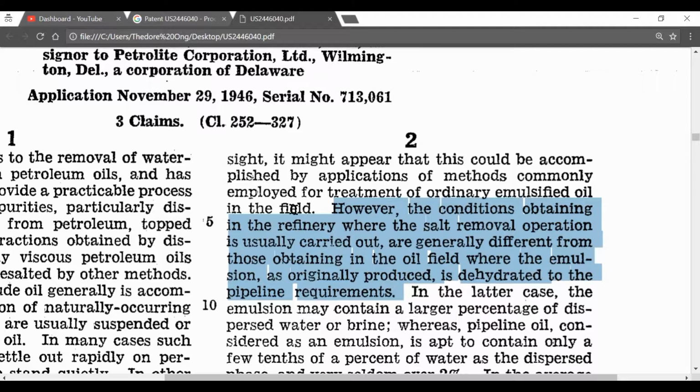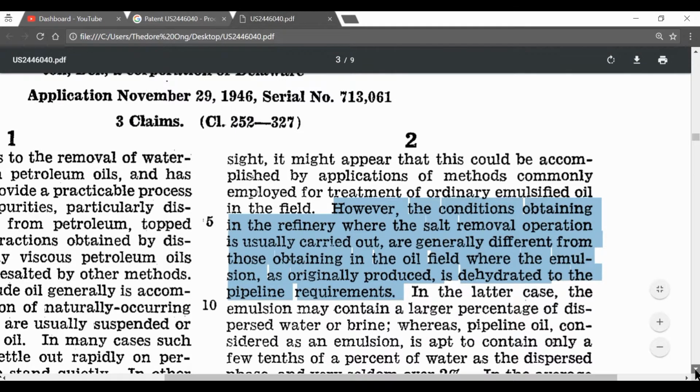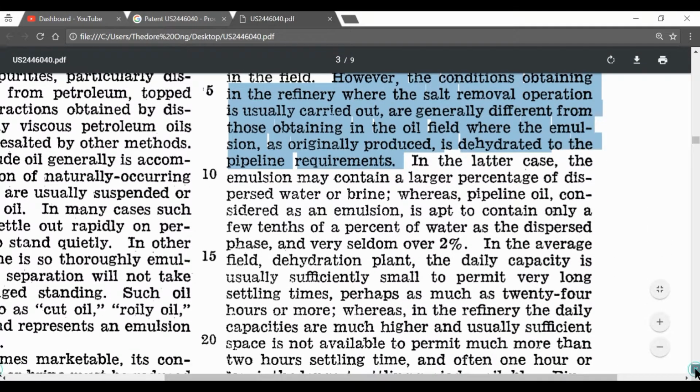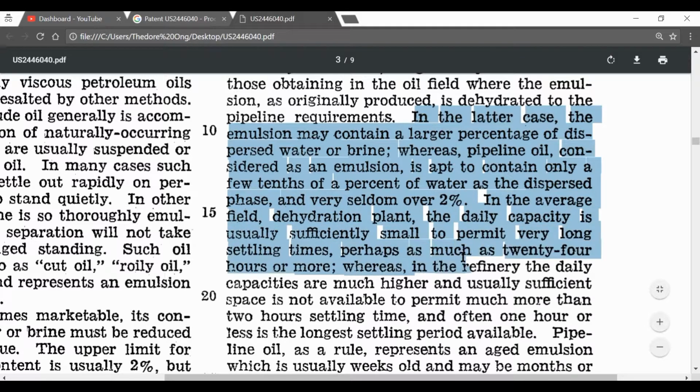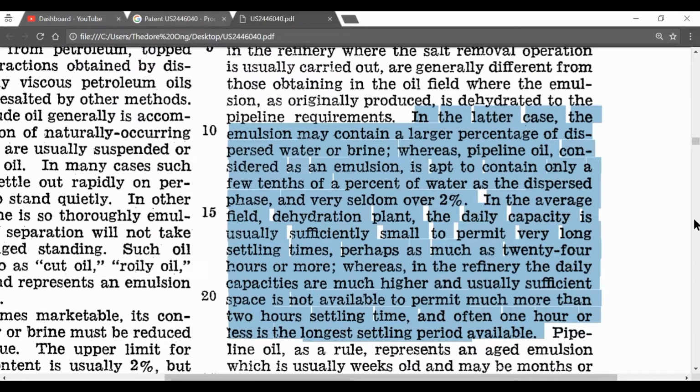However, the conditions obtained in a refinery where salt removal operations can be carried out are different from the oil field, as originally produced. It's dehydrated too. Okay, what's this about? Let me read and I'll explain it to you. In the latter case, the emulsion may contain the blah blah blah. In the average, perhaps as much as 24 hours or more, whereas the refinery